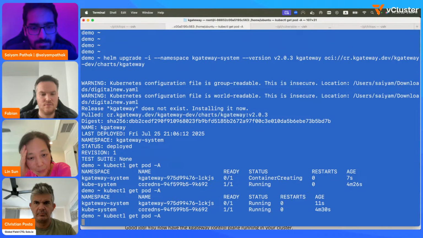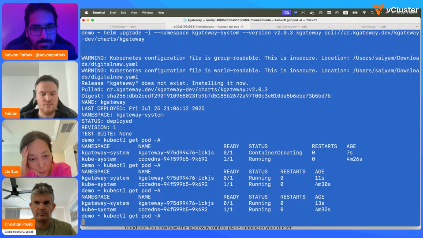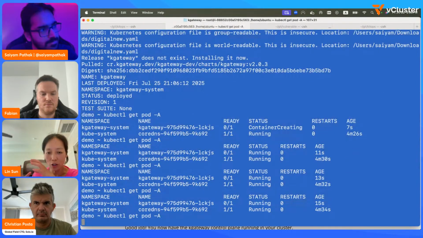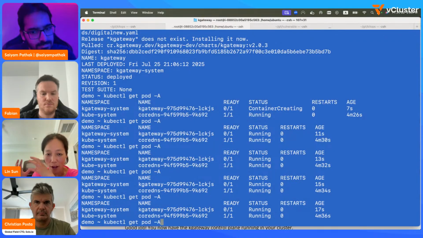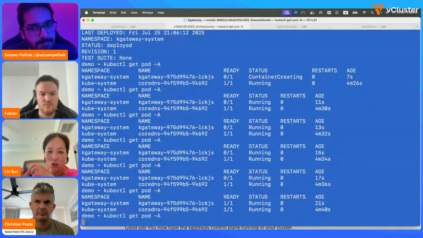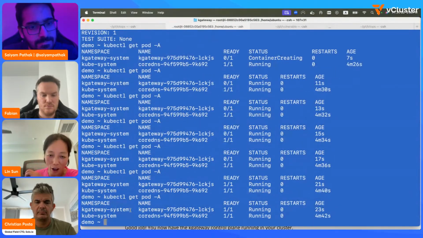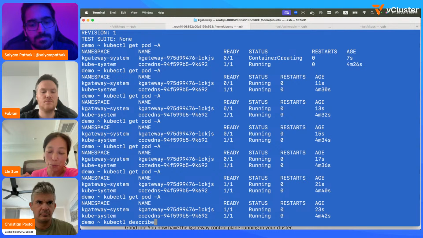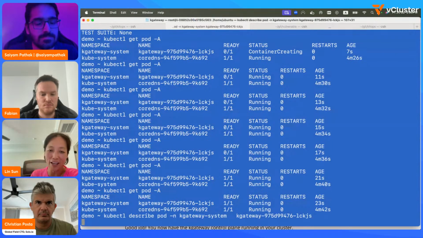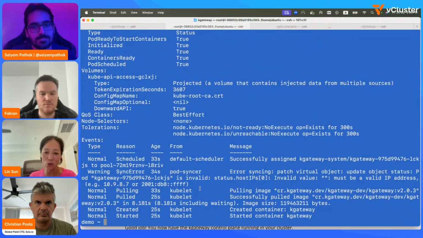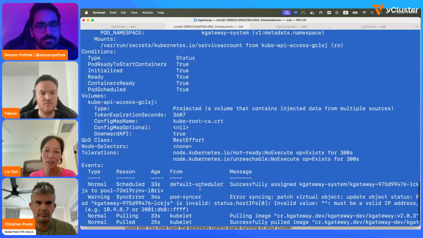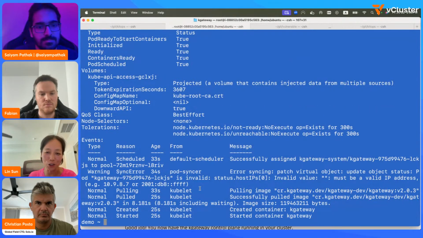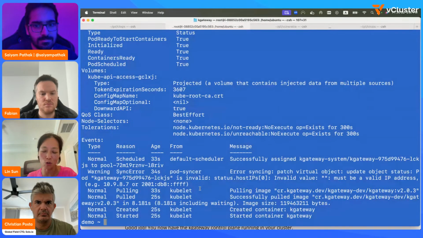So what's getting deployed is the kgateway control plane. In order for a user to stand up a proxy, like an Envoy proxy, to control the incoming and outgoing traffic, you use the Gateway API to deploy a gateway resource. By default, the control plane is there, but based on your use cases, you can determine how many gateways you need to deploy and how you want to control the traffic through route configuration.